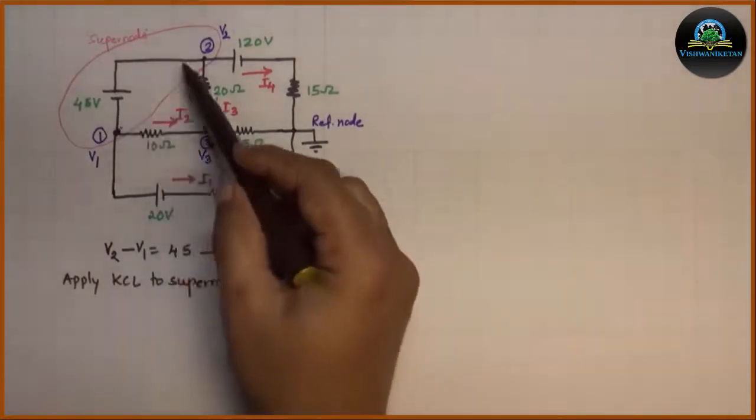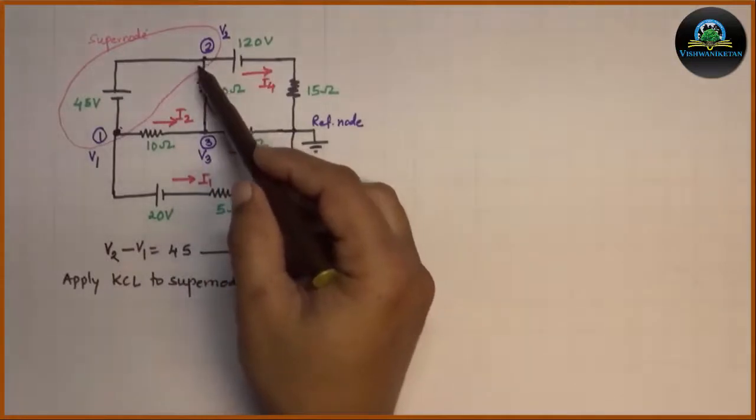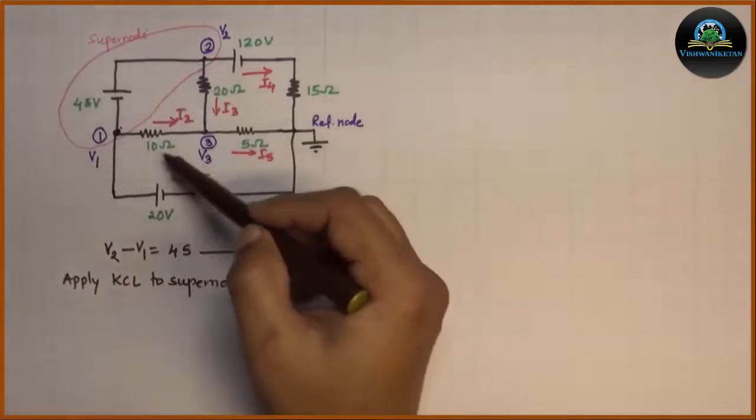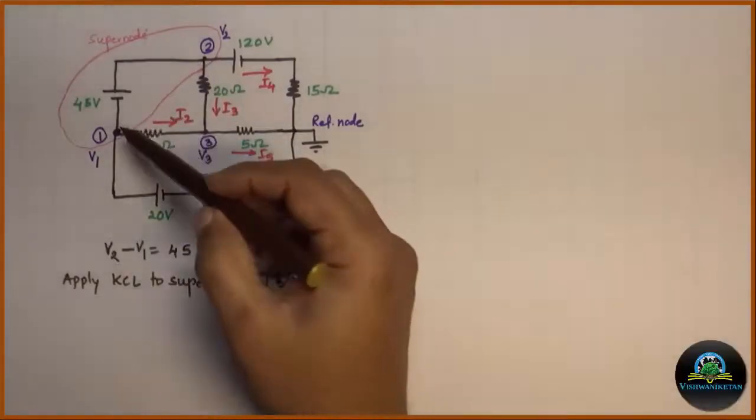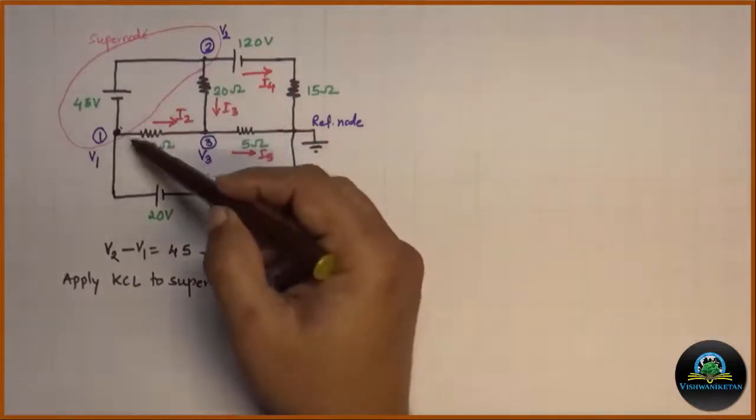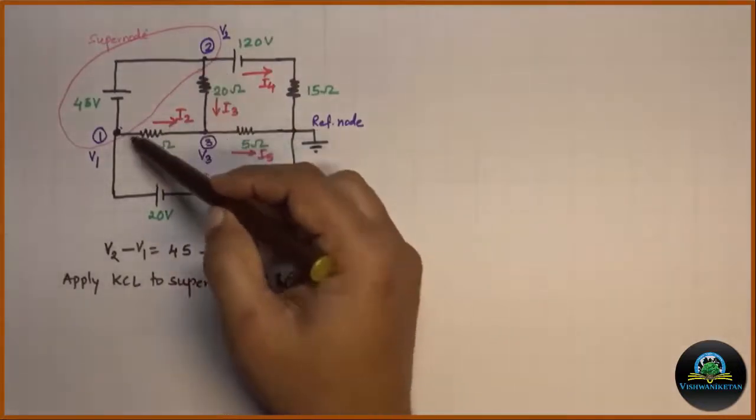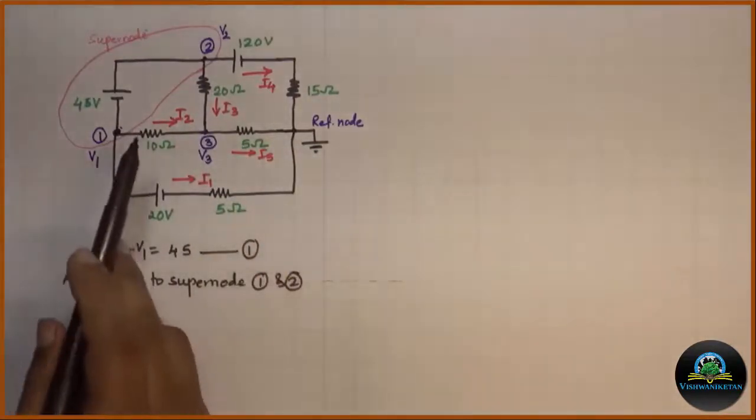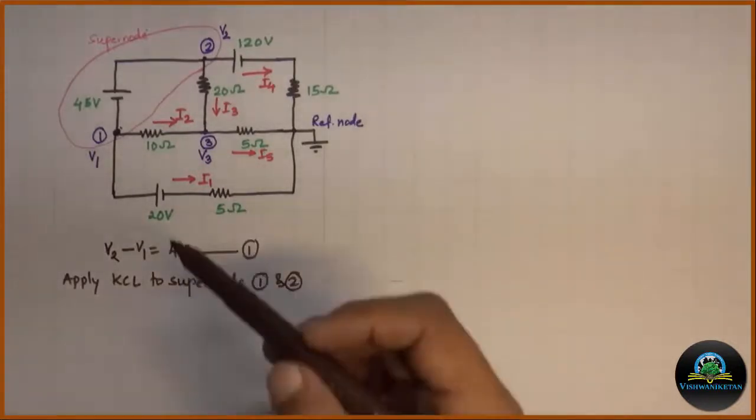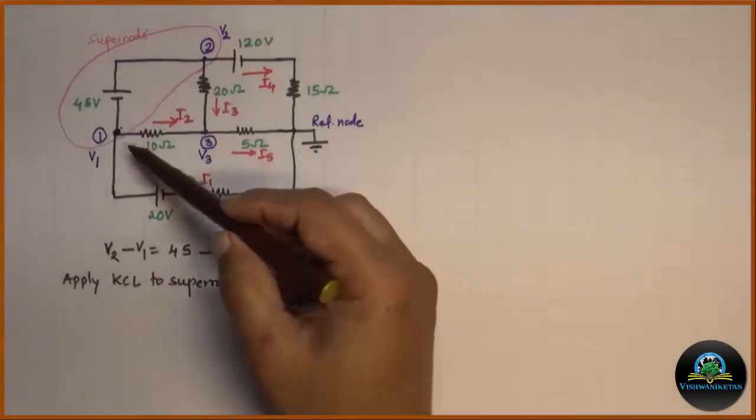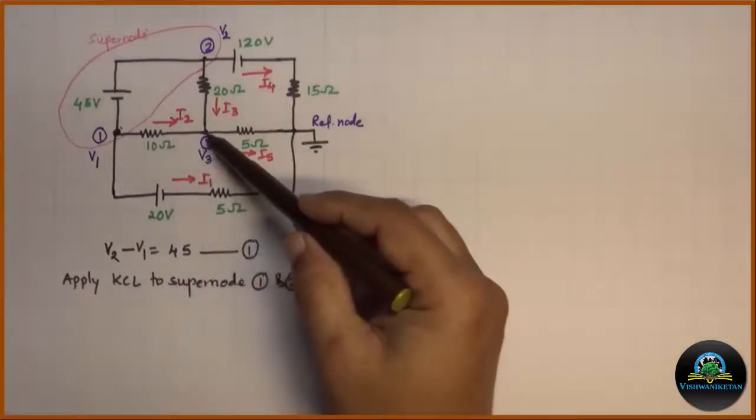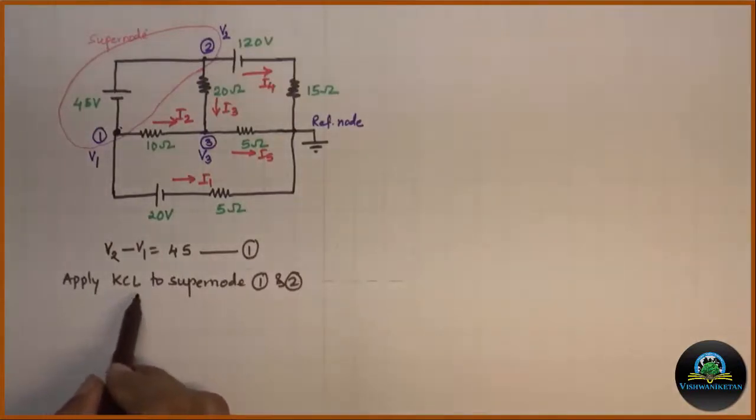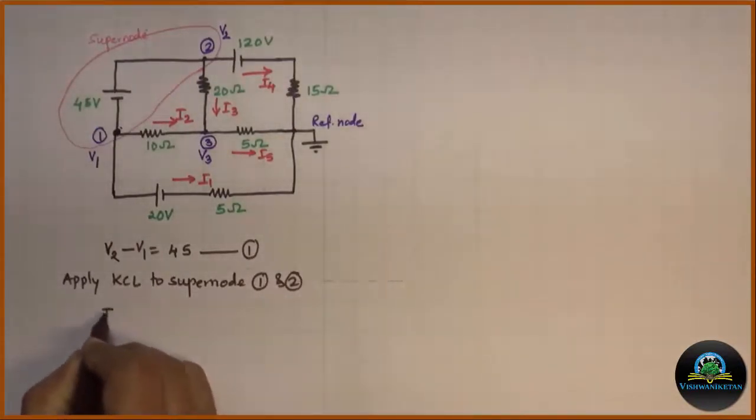We will exclude this 45 volt portion and write down the equation for node 1 and node 2 simultaneously, considering other currents. Now if you observe node 1 and node 2, there are no incoming currents towards node 1 and node 2. Hence, incoming current at node 1 and node 2 is 0. Outgoing currents from node 1 and node 2 are I1, I2, I3 and I4. Hence, the KCL equation for supernode 1 and 2 will be